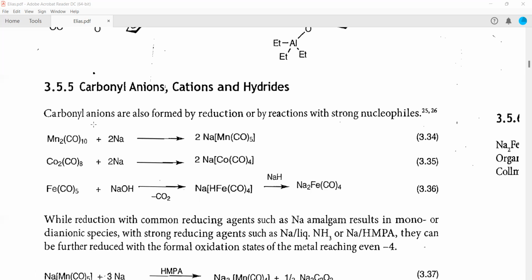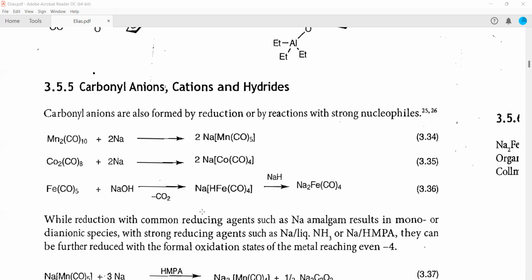So that is why they are highly reducing, right? Good reducing agents. While reduction with common reducing agents such as sodium amalgam results in a mono or dianionic species, with stronger reducing agents such as sodium in liquid ammonia or sodium with HMPA, they can be further reduced to the former oxidation states of the